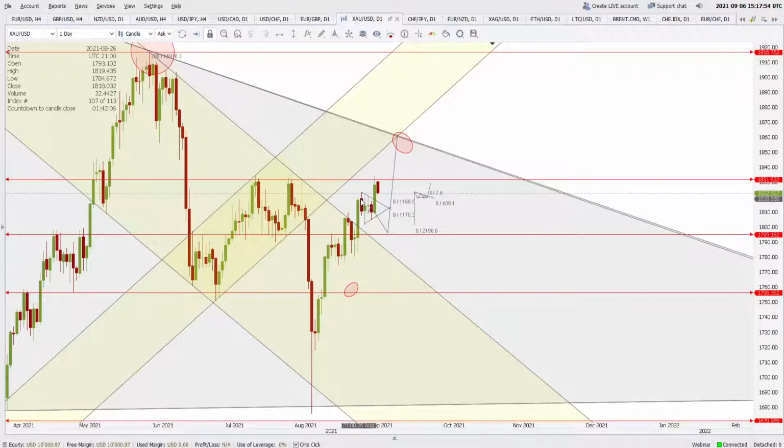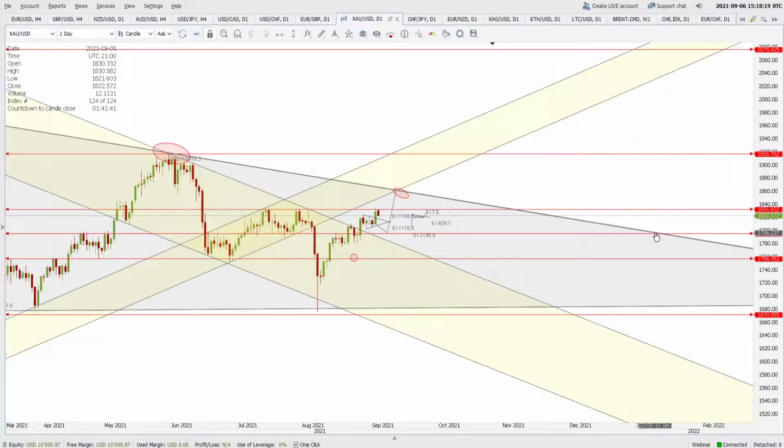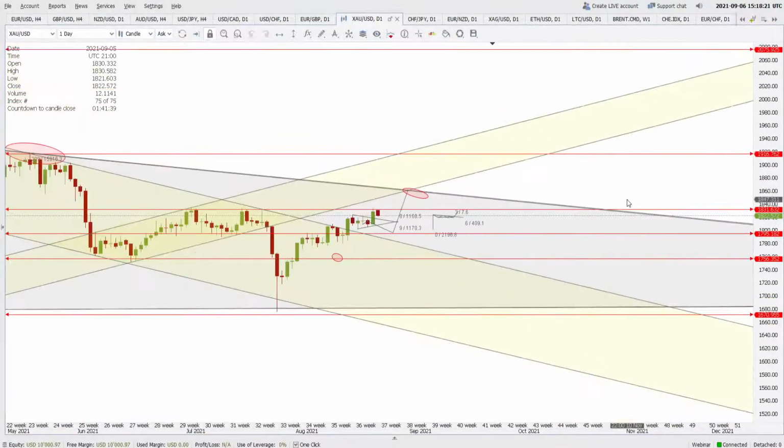I think this broken resistance, which the price has held for 1, 2, 3, 4 days, may act as a small support for the price and can push the price again back to 1831. This time if the price breaks, then it will qualify for a head and shoulder breakout, because this will be shoulder, this will be head, and this will be another shoulder if the price goes back to this one, and that can push the prices above 1916 on the gold. All right,